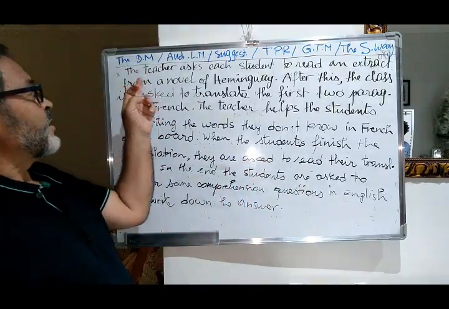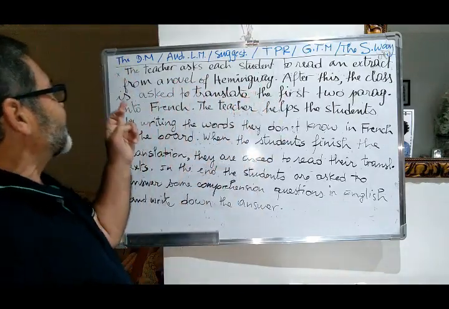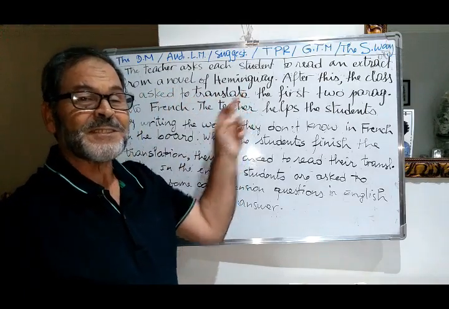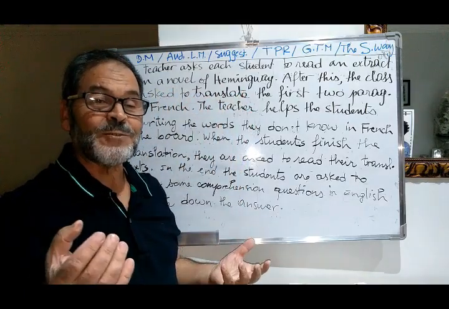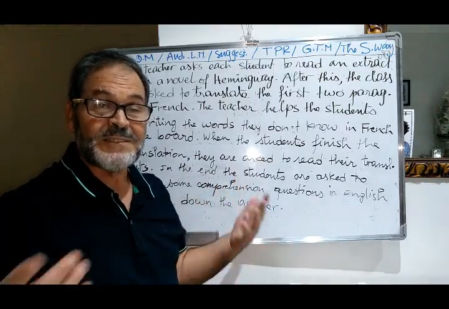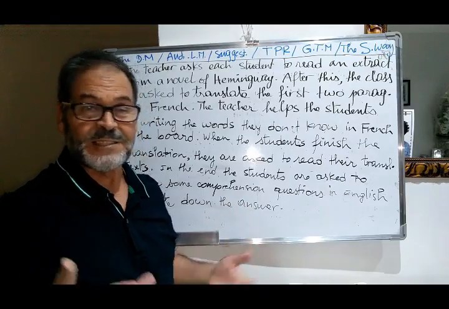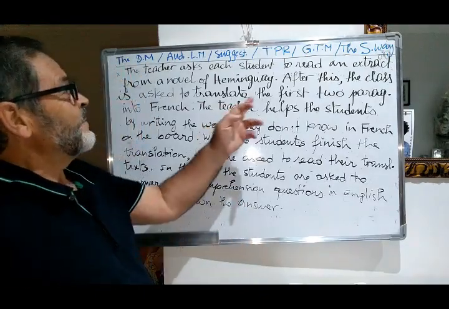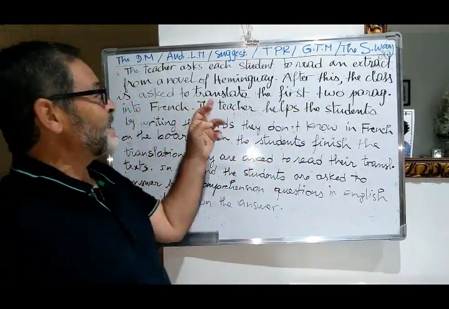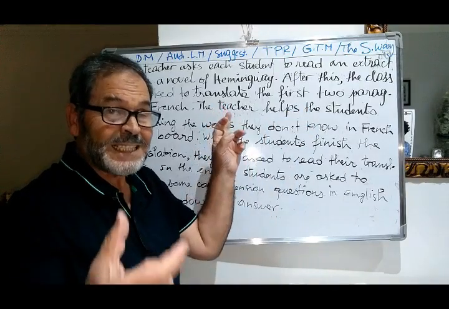Okay. The teacher asks each student to read an extract from a novel of Hemingway. So there is a clue here. What is the clue? Literature. So which method gave importance to literature and the translation of literature? The answer is here. After this, the class is asked to translate the first 2 paragraphs. This is another clue, to translate